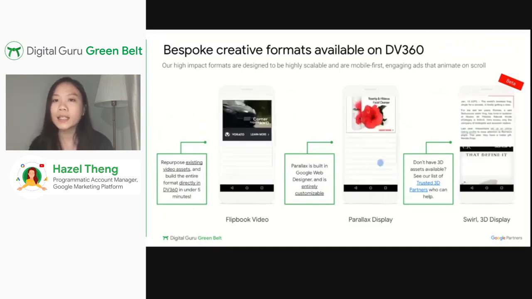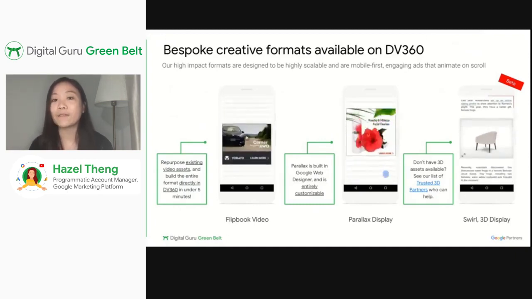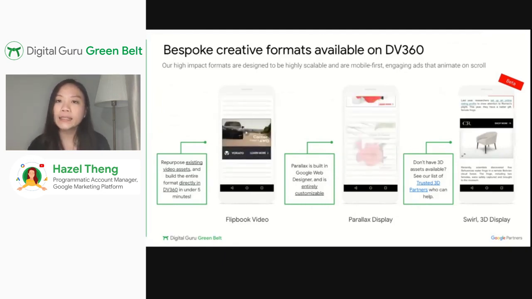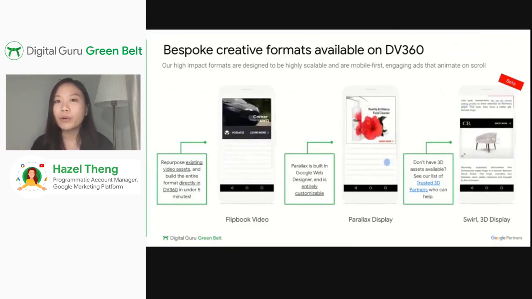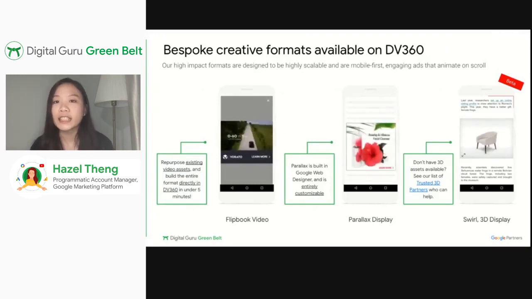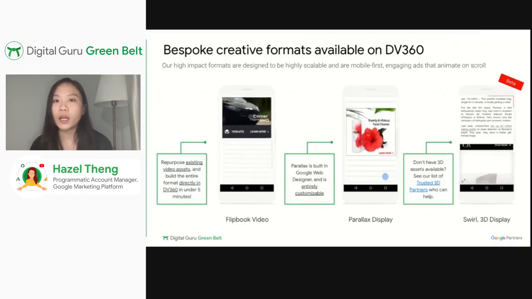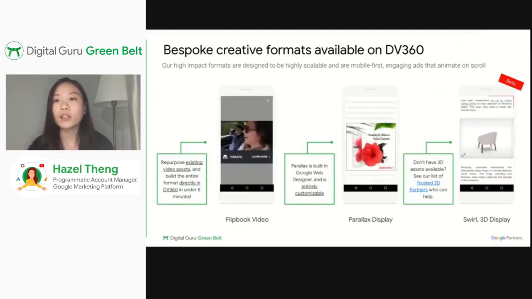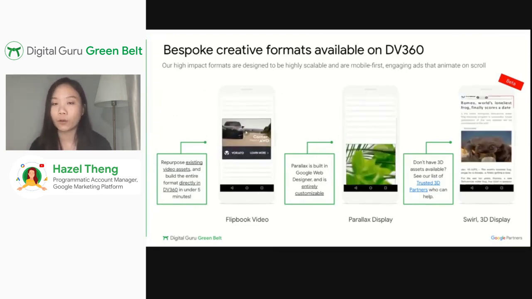So Flipbook is actually an outstream video format that plays only when the ad is visible and the user is actually scrolling. It gets the user's interest and attention by pairing the video play with how the user scrolls, and it teases with a motion experience in both the forward and backward directions of the video. So when a user scrolls up, the video goes backwards, and when the user scrolls down, the video goes forward.